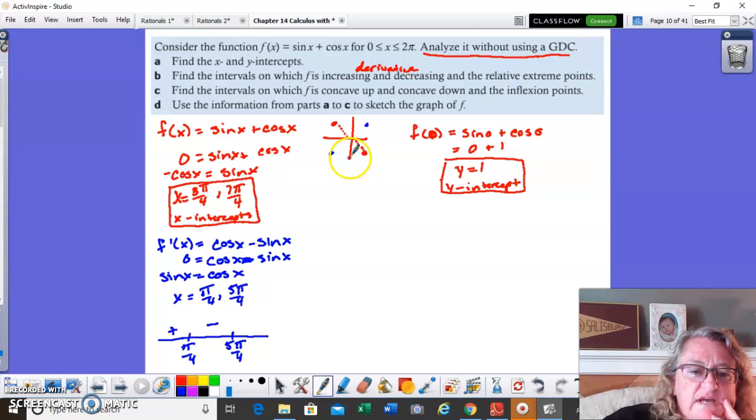So the cosine of this spot down here is 0, and the sine of this spot is negative 1. So it's 0 minus a negative 1, so that would make it positive. Okay? So, to answer the question, we are looking at a